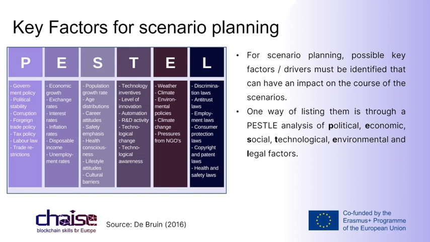Although these factors may have some overlap with political factors, they include more specific laws such as discrimination laws, antitrust laws, employment laws, consumer protection laws, copyright and patent laws, and health and safety laws. It is clear that companies need to know what is and what is not legal in order to trade successfully and ethically. If an organization trades globally, this becomes especially tricky since each country has its own set of rules